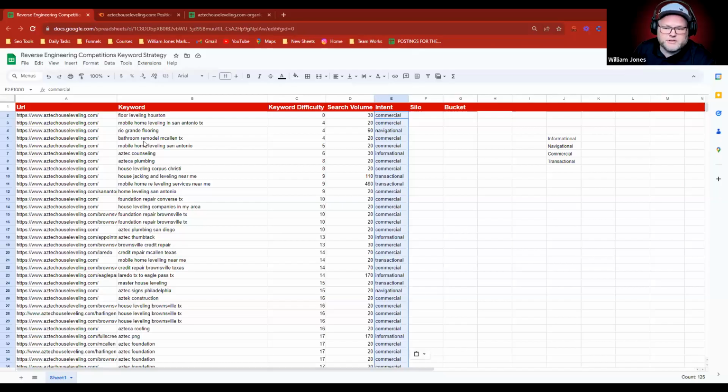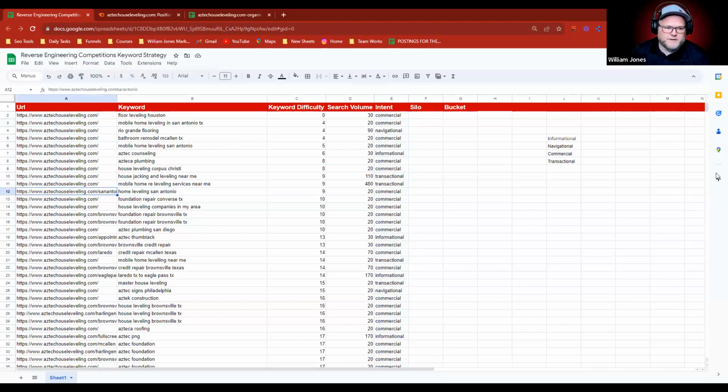So for example, when I look at this information, when we're looking at our competition, it's all nice and pretty in here now, right? What's the URL? What's the website? What's the main page they're ranking all these keywords for? The main page they're ranking this one for is the homepage, right? Then this one where they're going after home leveling San Antonio,